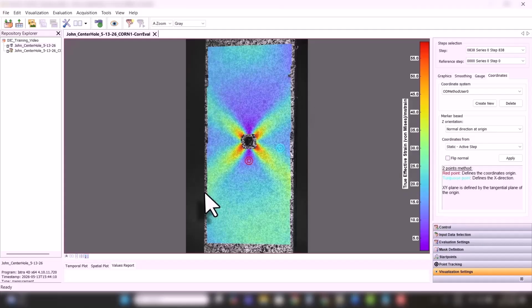Well, this is a nominally planar test, so that's obviously going to dictate how we define the coordinate system. So, okay, the first option, normal direction at origin, what does this mean? Well, you could think about this option as, wherever you place the origin, so we place it here,